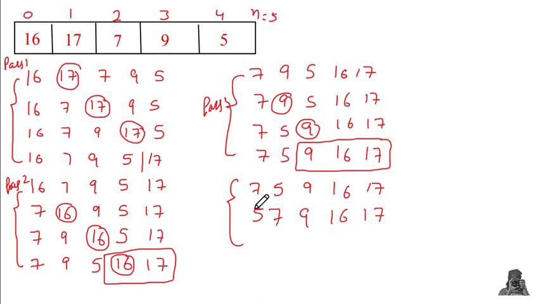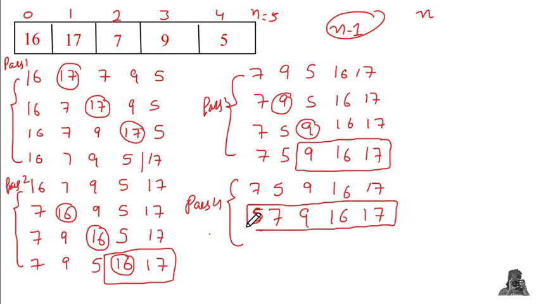So after this again we need to do the comparison as per the previous code that we have seen on the previous slide. So again we will move further. As we can see, we require 4 passes, which means n-1 passes to sort the array with size 5. So if an array or data structure is given of size n, we will require n-1 passes to sort it. But in case we are given the array in partially sorted order, the swappings and the comparisons will be a waste of time. So for that case we need to optimize the code.